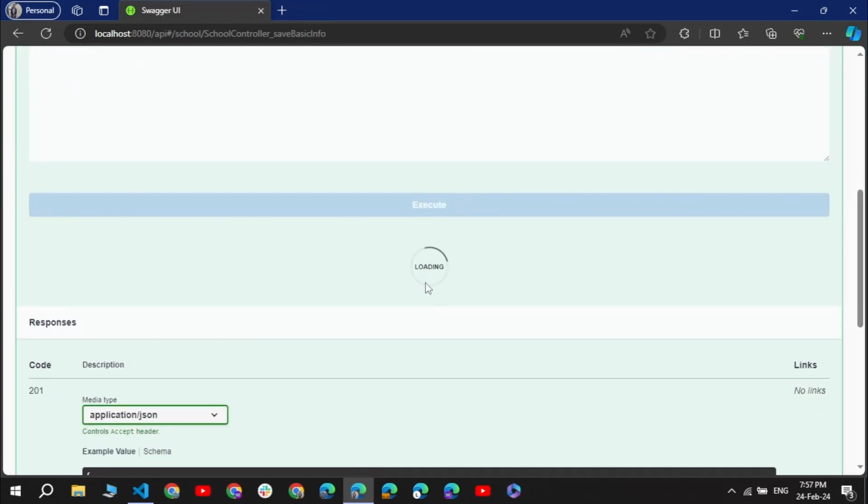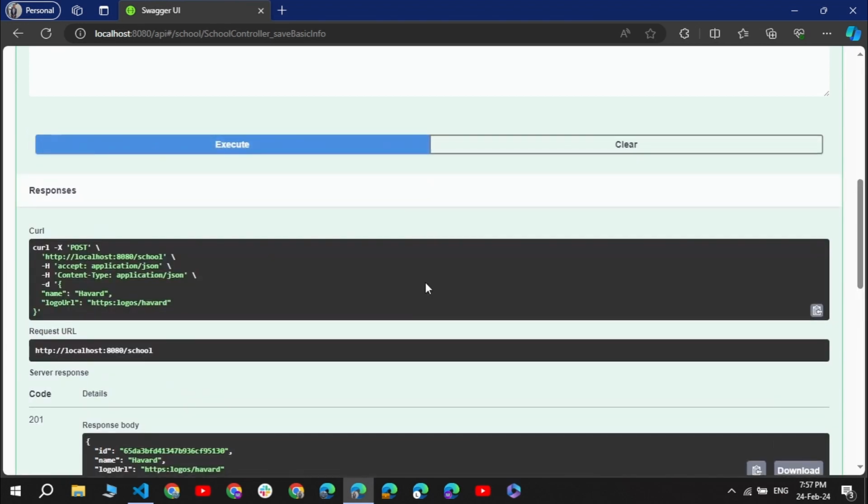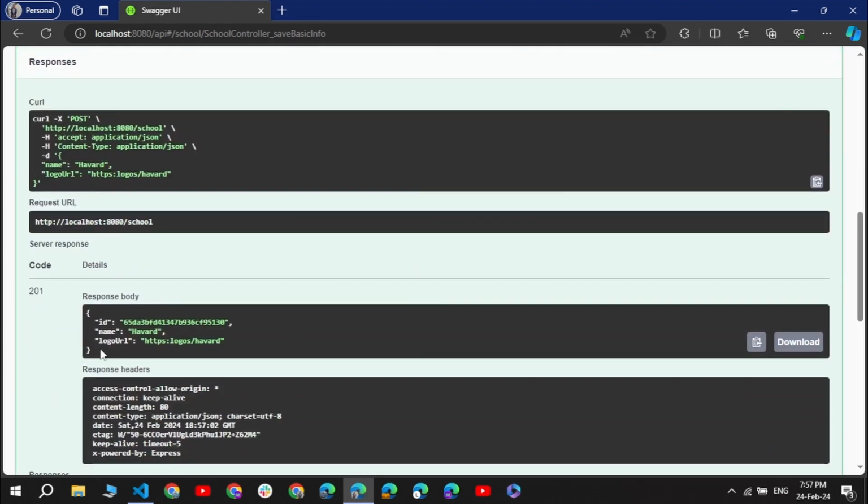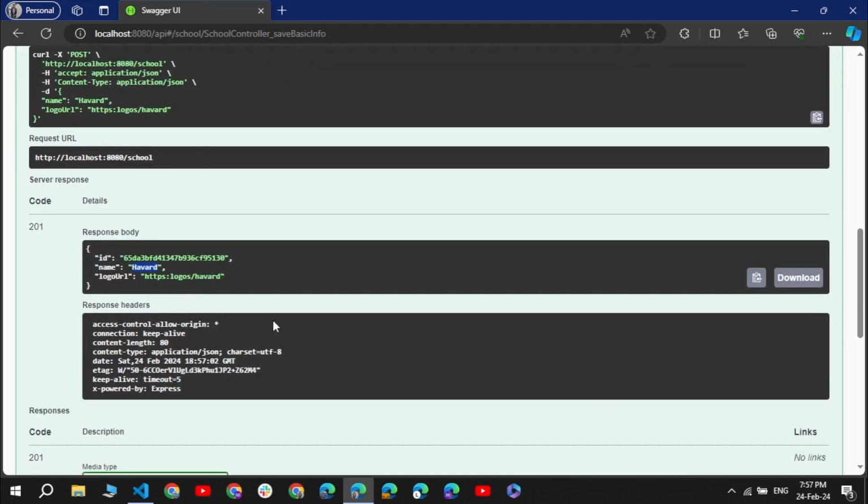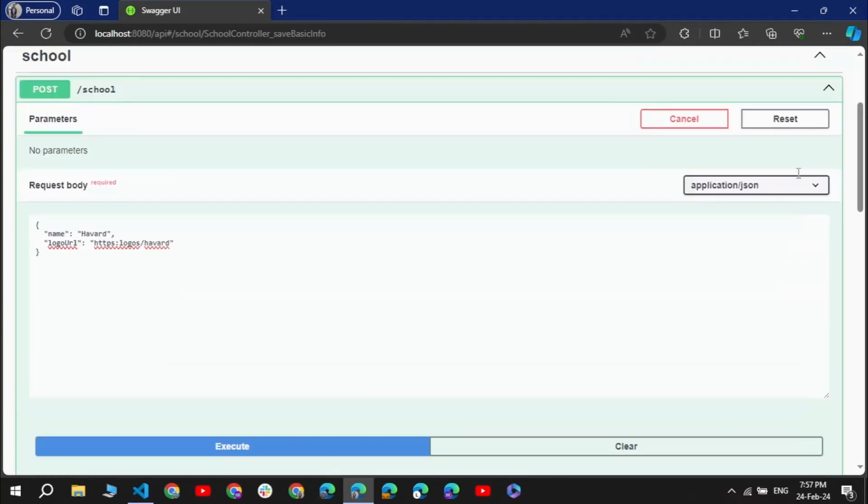See that I can easily test endpoints with Swagger, and it saves that school with the information we passed, and it returns us a school, which is created. It auto-created the ID, and it saved the school with that name and logo URL. And you can test that as well by